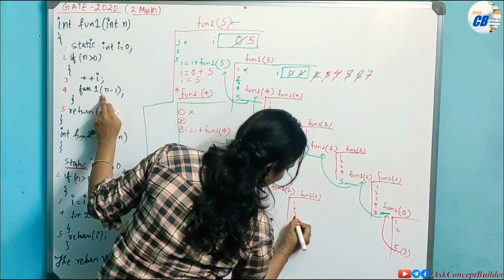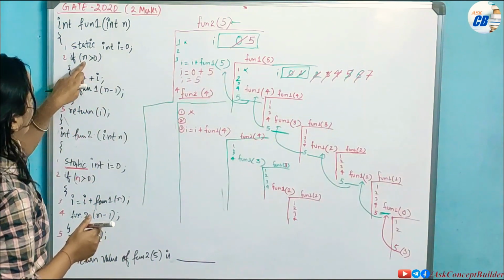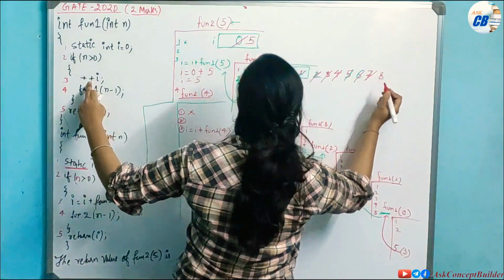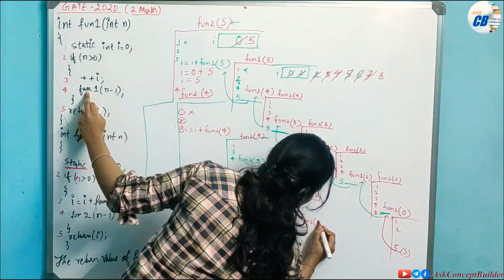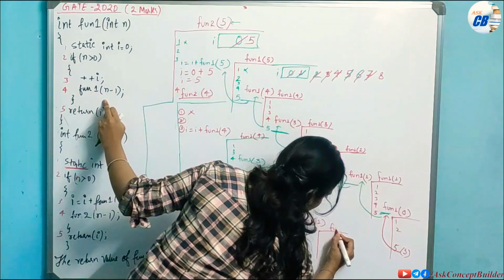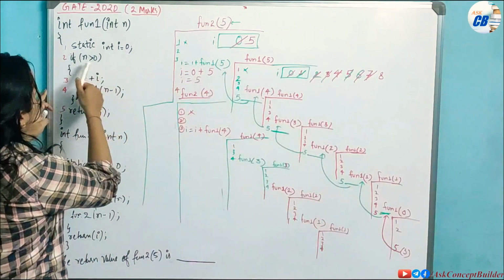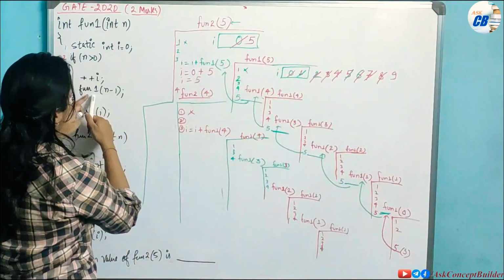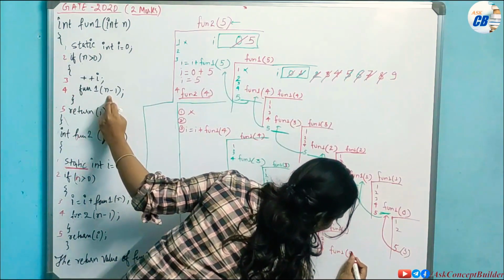Now again the fourth statement will be executed. Now if 2 greater than 0, the condition is true, plus plus I means you have to increment I by one more, from 7 to 8. Then the fourth statement is again fun1 n minus 1, so 2 minus 1 is 1. Fine. Now again for fun1 1, all the statements will be executed, 1 2 3 4. So first 1 is greater than 0, plus plus I. Again you have to increment this I by 1, and now you have to call fun1 n minus 1, so 1 minus 1 is 0.